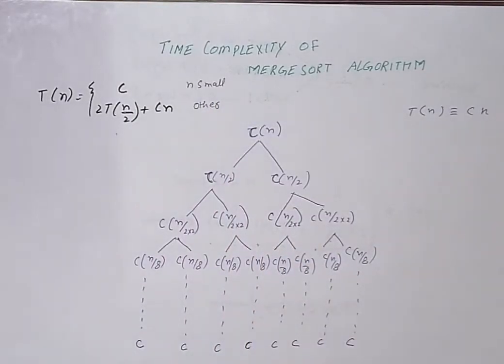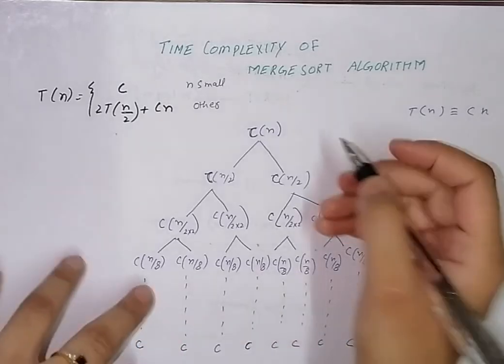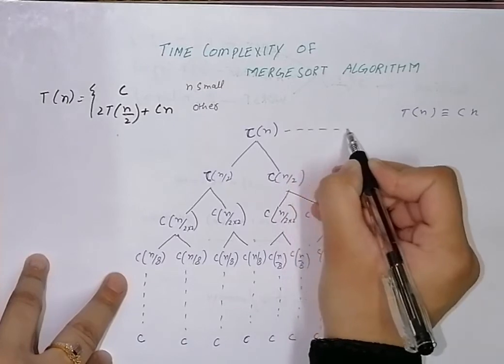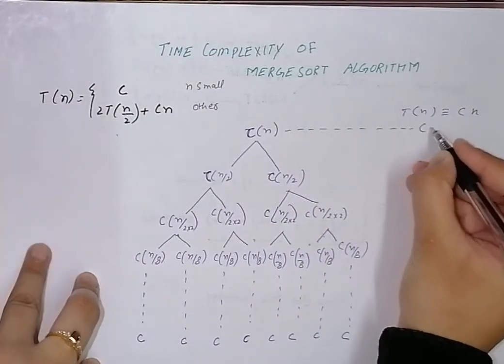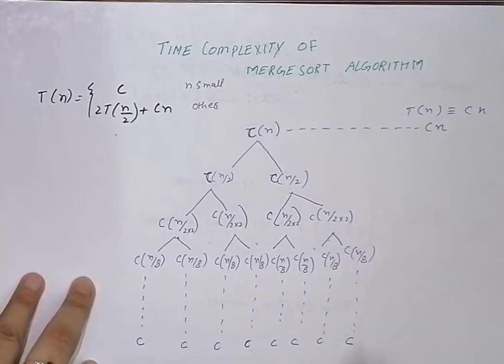Okay, so here I have created a tree. Now the next step is I have to calculate the cost at every level. What would be the cost at level number 1? What would be the cost at level number 2? And similarly, what would be the cost at other levels? Okay, so if I talk about this particular level, here I only have one value, so I don't need to add anything. I'll directly write C of n.